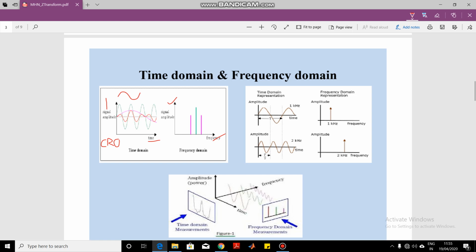Now if you clearly look here, how does this look like? This is like we are having a three-dimensional view like this is our time axis, this is our frequency axis, and this is the amplitude axis. So normally when we are seeing the signal in the time domain, we are seeing from here. Okay, so when you see the signal from here, the signal will appear like this. So as shown in the graph here, we can see the signal like this. So this is amplitude versus time.